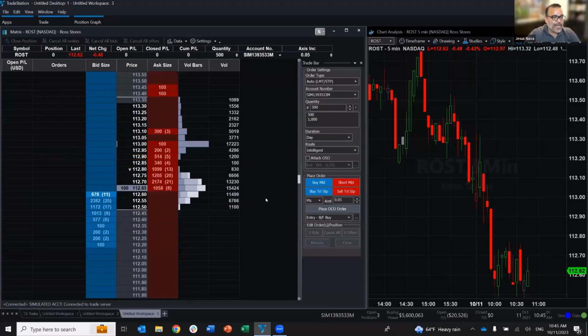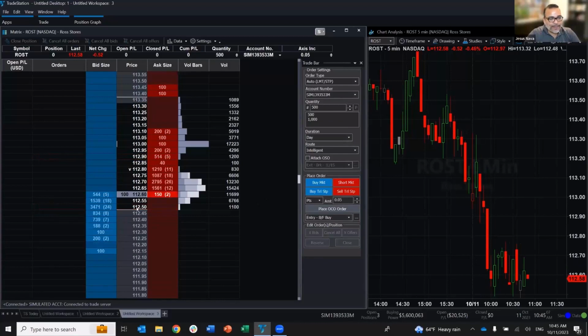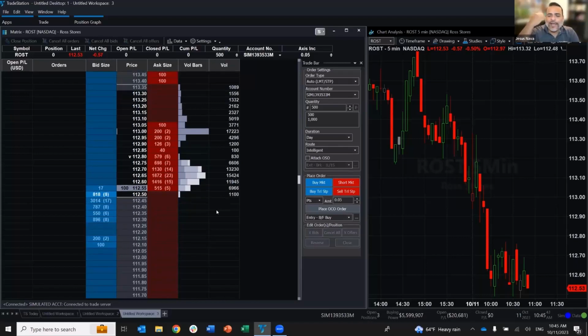What I'm going to do now is buy, let's say, 100 shares of Ross at the low of today. Close to it, I'm not really sure what the low is. The low is 112.48. But since we are only listing 5-cent increments, it's not visible here, but it's close enough. Let's say I'm going to buy at 112.50, 100 shares. If it goes up $1, I want to get out. But if it goes down 50 cents, I want to get out. So that's kind of an all-inclusive trade. I'm just making it up in my head as an example to show you how to place it here